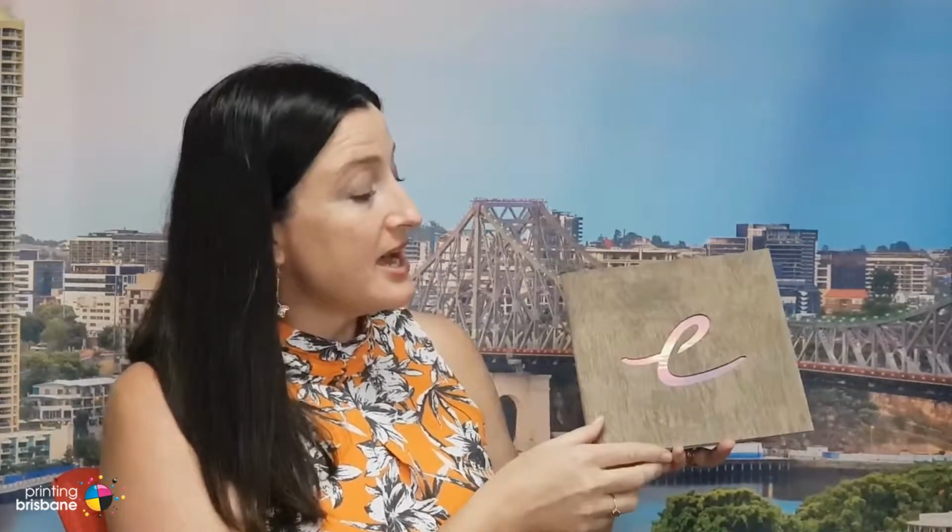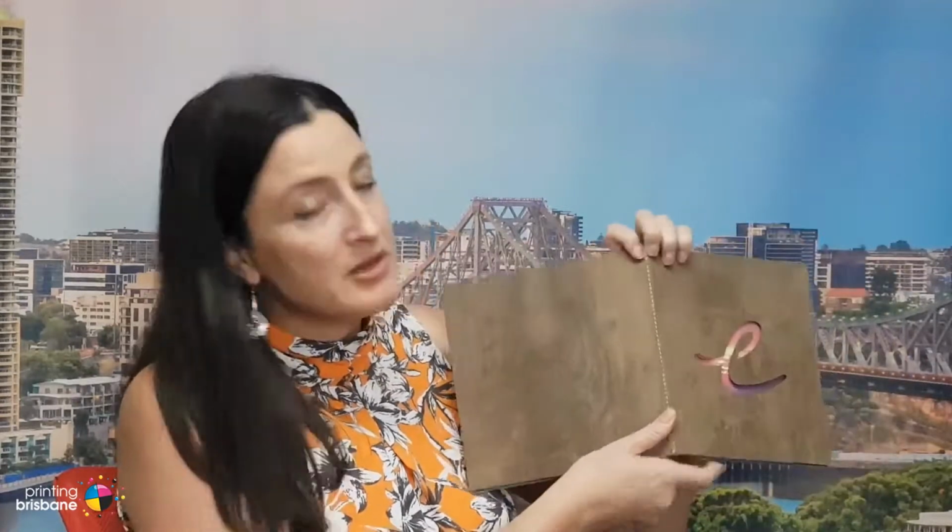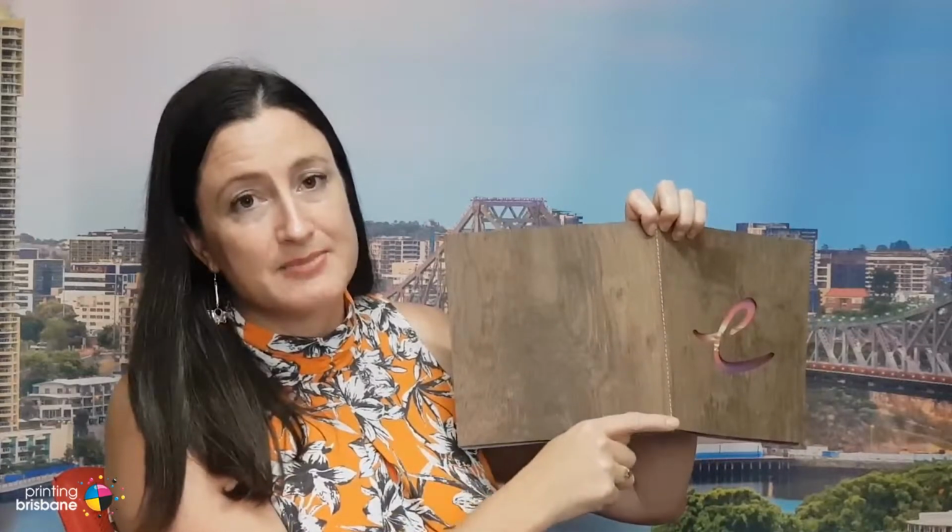So what we did is just this small booklet. It's about 48 pages, and the cover is made from a timber called laurel. So it's actually solid wood. It's not laminate, it's not plastic, it's real timber. And what makes it interesting is that to bind the book, we did singer sewing down the spine instead of